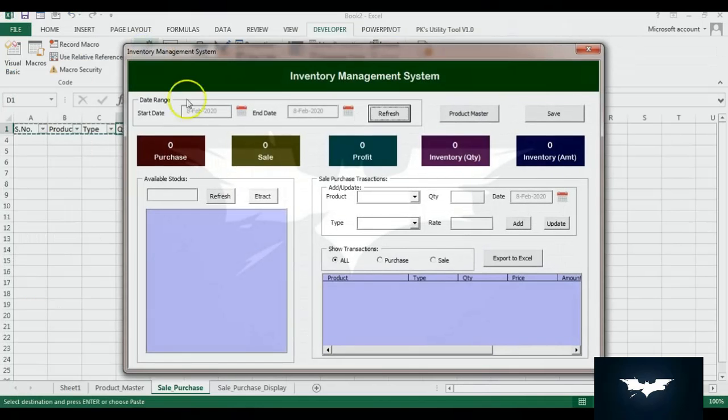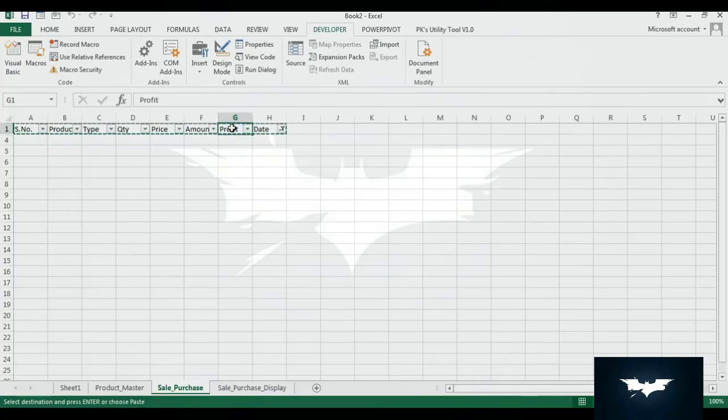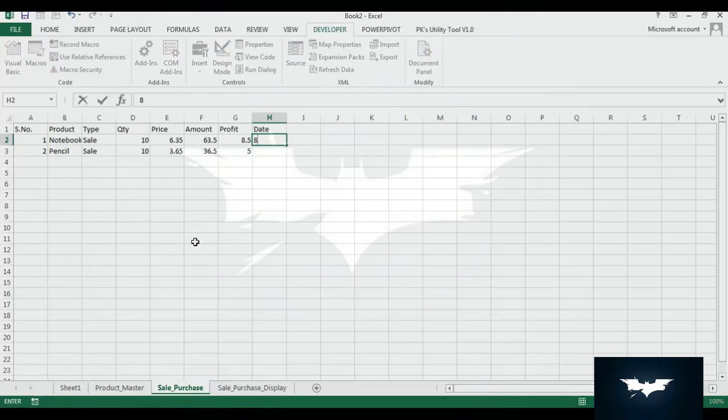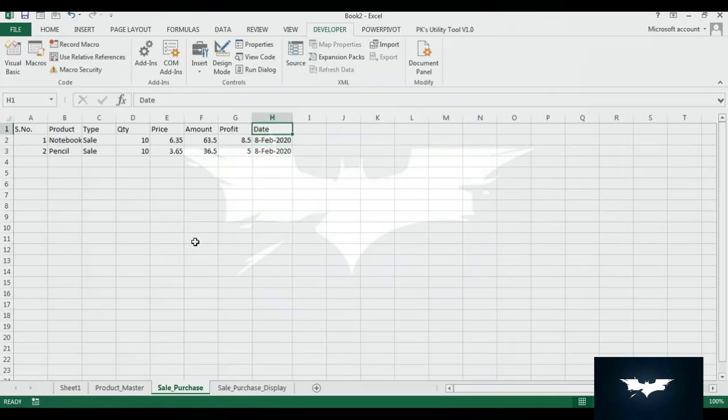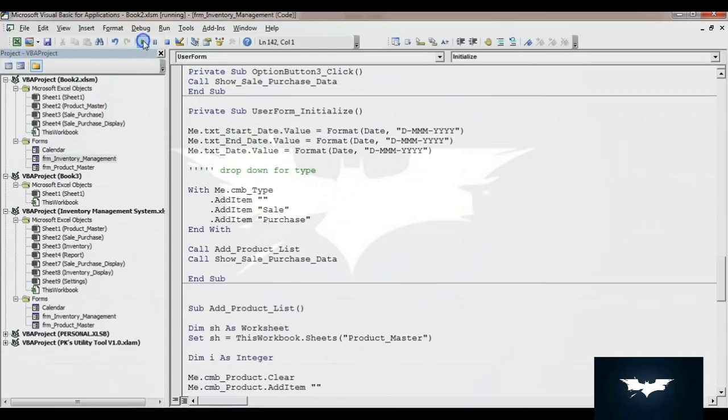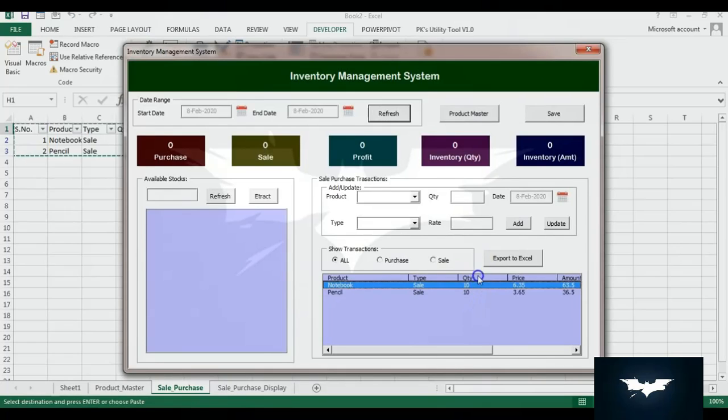Alright, so let me show you. As of now it is showing blank because we have not put any data. So let me close this, and this filter should be removed once data is copied from here to here. So let me unfilter this, and here I'm going to put some manual date. Let's say for the time being I'm putting 8 Feb, and same here. And now let me run this. You can see 2 records are available here. If I want to see the purchase, then no record is available because purchase is not there, but if I select the sale, then sale is available here because both the records are for sale only.